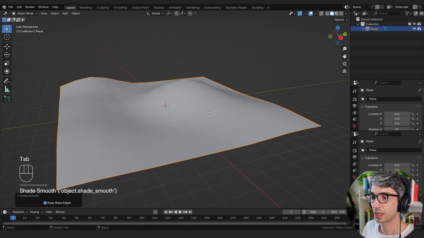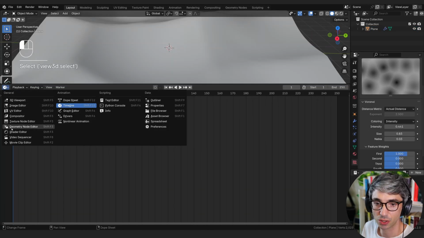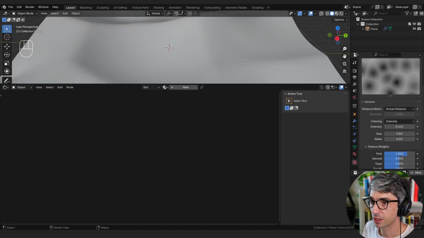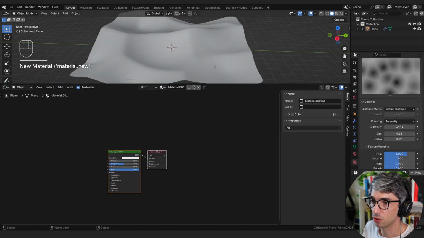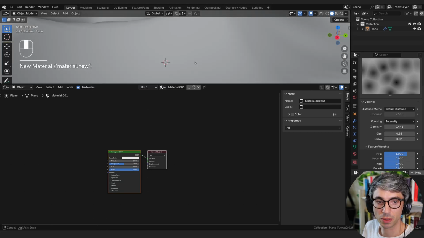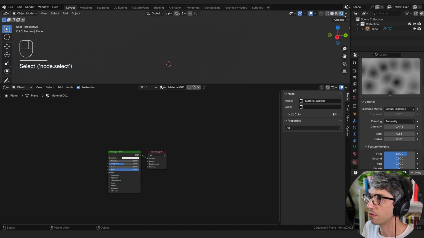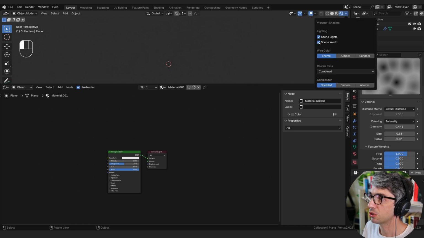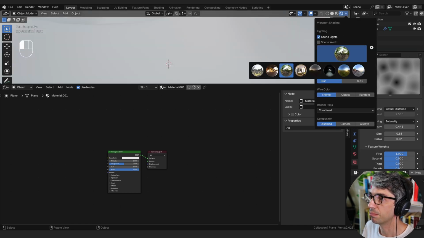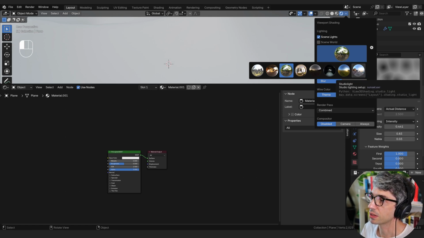Okay, I'm going to right click shade smooth, and we're going to switch this to the shader editor. And with this plane selected, let's click new to create a new shader. And I'm just going to zoom in here really tight so we've got a nice view of it. And I'm going to switch to rendered view. I'm going to click the drop down and turn off scene world. This will give me a built-in HDRI to light my scene. So this is like the world shader. I'll come over here and grab this one because it's got a nice kind